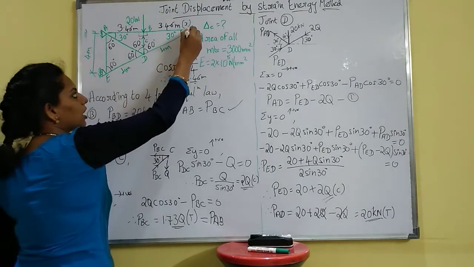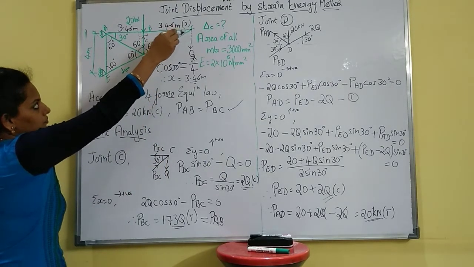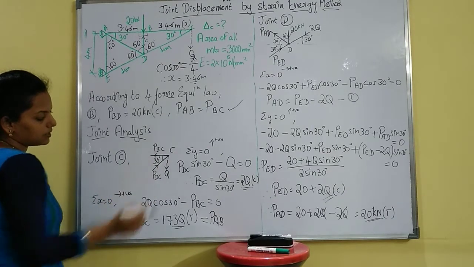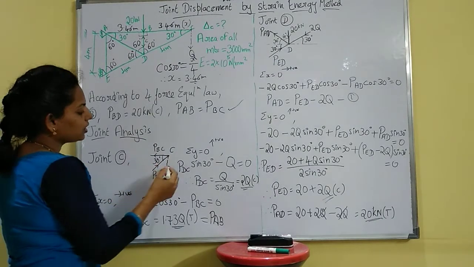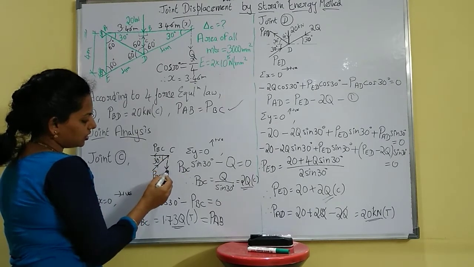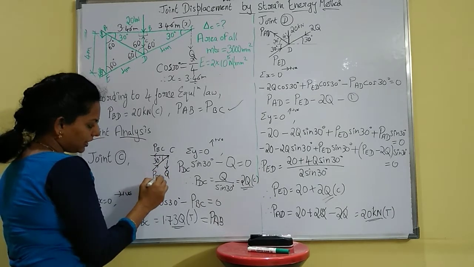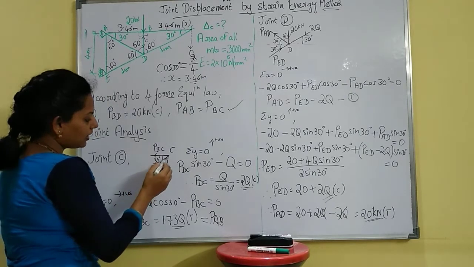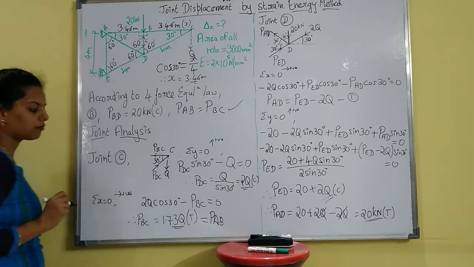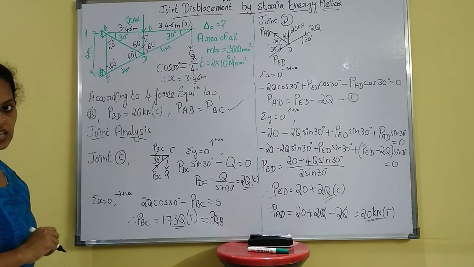So first consider this joint C, and draw the free body diagram of joint C. There are 3 members: Q, DC and BC. Represent them as PDC and PBC, the representation of these members. Next, this is given 30 degree. This is the assumed one, that is Q, and it is downward. So this PDC will be upward, assume it as upward, and if this is towards the right, this will be towards the left. This is just an assumption of the arrow mark. If you get a negative value, your assumption is wrong, so just change the direction.